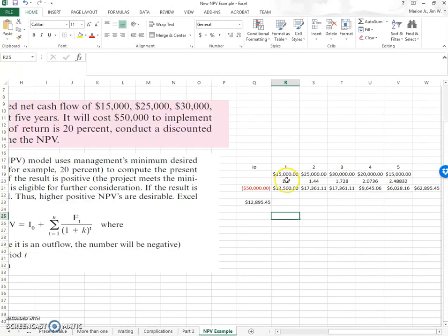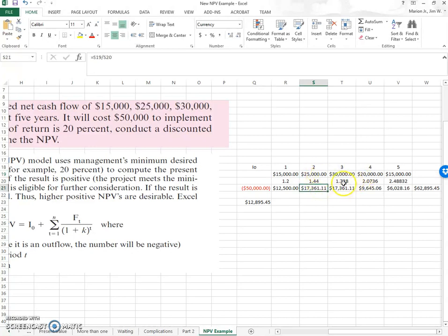So remember, according to the formula, in 1 year's time, it's simply 1.2 for 20%. In 2 years' time, it's 1.2 raised to the second power. In 3 years' time, 1.2 raised to the third power. In 4 years' time, 1.2 raised to the fourth. And in 5 years' time, raised to the fifth power. Then, if you look at the formula in the spreadsheet, I've divided the cash flow by that discount rate. You see R19 divided by R20. That's the cash flow divided by the discount rate. And here we have it again in period 2,